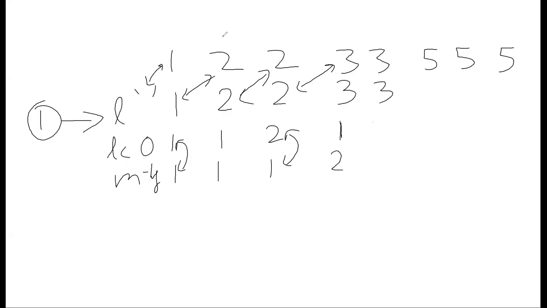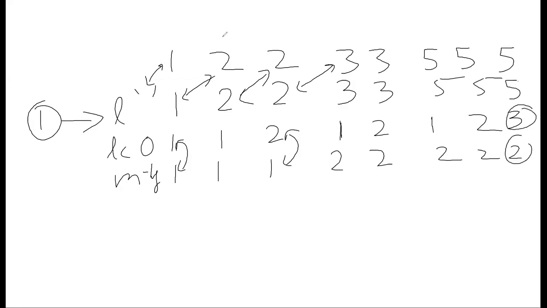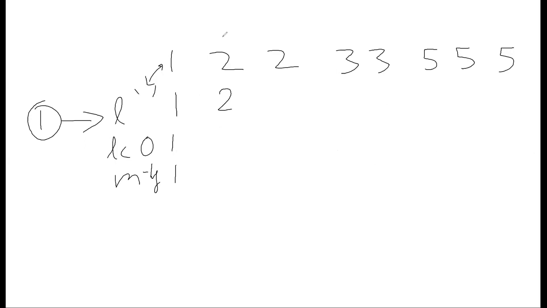So going by the same approach, my max will remain the same till here, and then I have the last 5. My LC will become 3 and my max will still remain 2. But as this is the last element, I'll update these two, and my max at this point will be 3. Now let's go back. Earlier we were not aware of how many elements are there in the max. I'll again start the same loop, but now I know what my expected max is. It is 3.